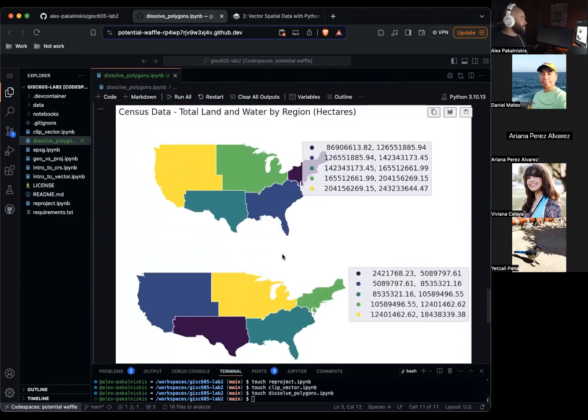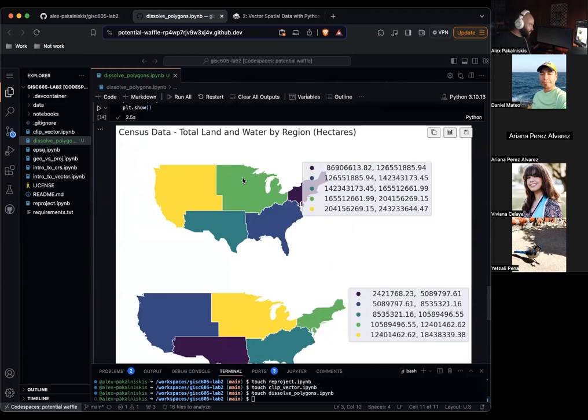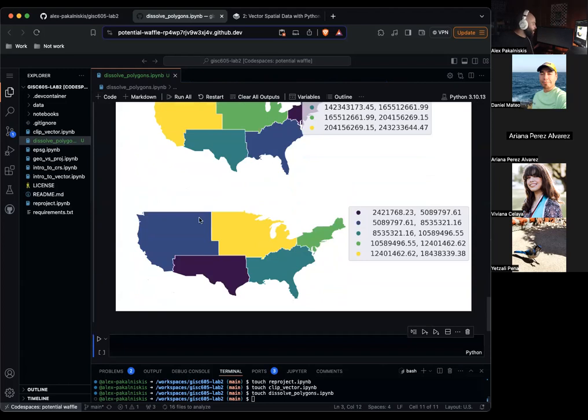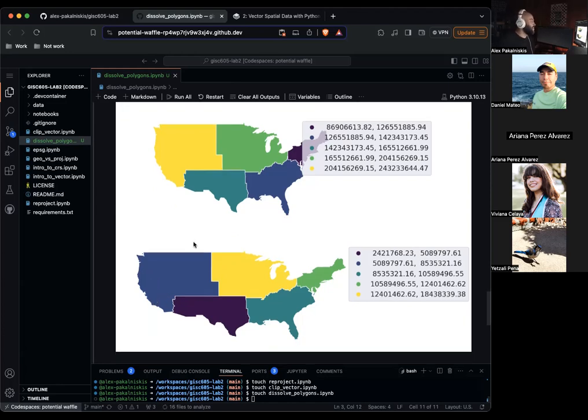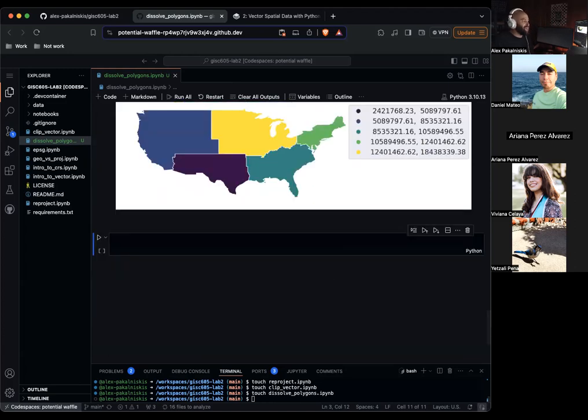Nice. So you can see the top one, this is land, and the bottom one is water. And it shows kind of the regions by area by land. It seems like the West has the most area by land, whereas area by water, it would appear that the Midwest region wins there. And if anything, the West has a decent amount of water too. Okay, but the South does not as much. That's it for this lesson. Let's save these changes and push on.